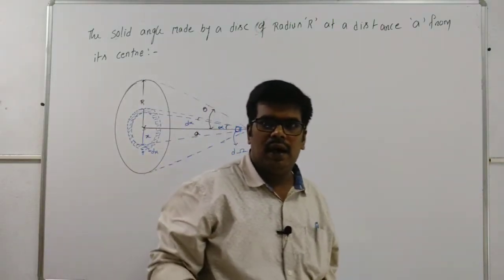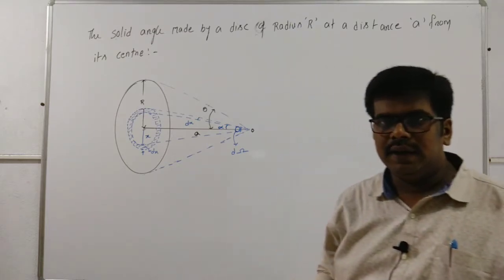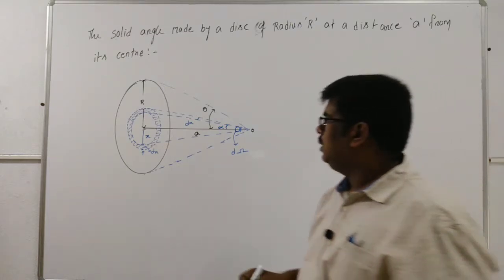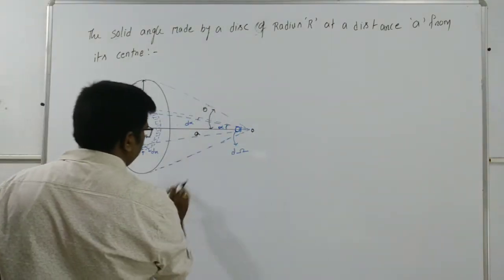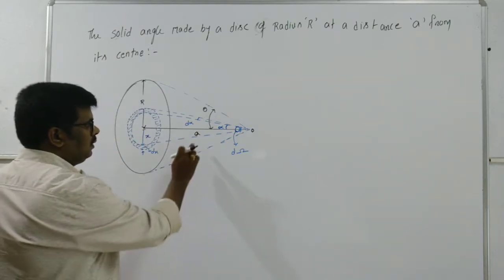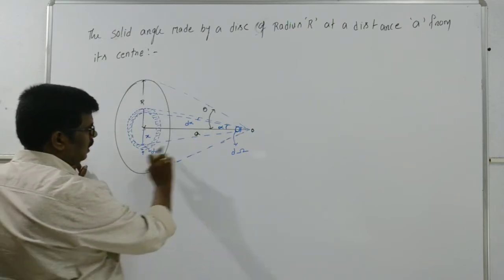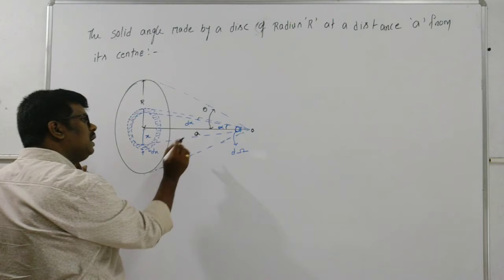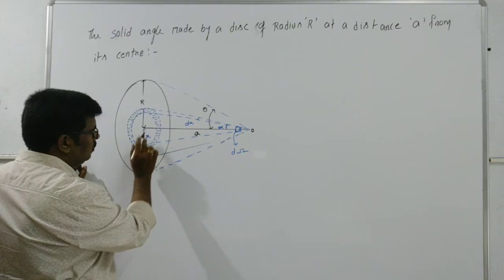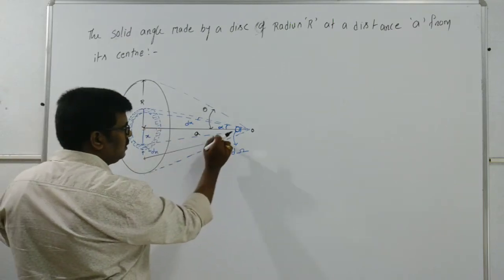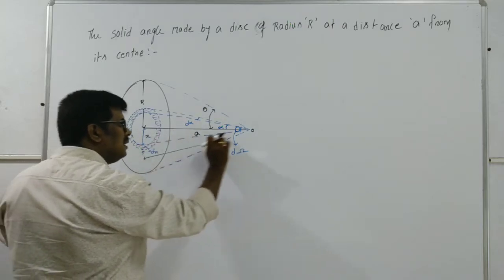What is the expression for solid angle? We have omega is nothing but lateral surface area by radius squared. So we are taking this area as A here, and this total radius is R. Let us take this length here as x, the opposite side is x, and this angle is alpha, and this is like a hypotenuse.